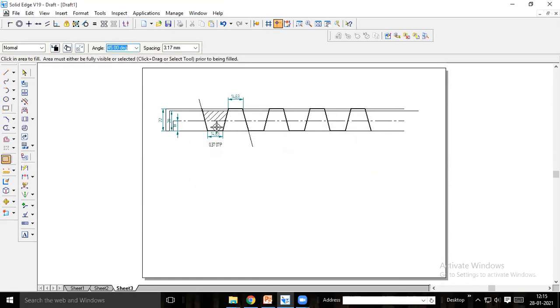Internal space should be hollow. This has to be solid. Okay. Is it clear? The key point you should note is you will be having clearance here. Both internal and external thread profile is having clearance.